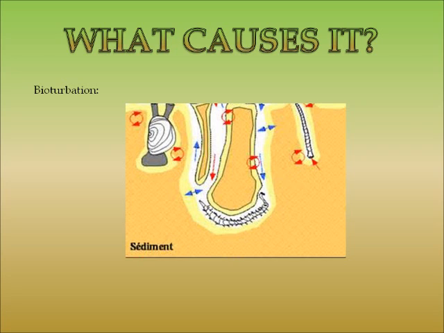Bioturbation. This is the disturbance of sedimentary deposits by living organisms. Roots of plants on slopes force grains of soil apart as they grow. The openings created by these roots then collapse when the roots decay. Small animals also burrow, creating tunnels through the soils, which also allow water to be collected, and then they eventually collapse, causing soil creep.